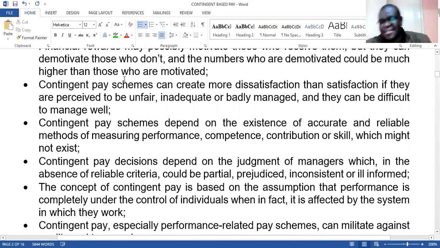So we recognize that there are other objectives that employees may have beyond financial. But when it is a contingent-based pay scheme, the overall thinking is almost like these people are in it just for money. So long as you will improve the package and how much they will be getting, then they will rush like dogs and pursue it. So if you don't roll out the scheme as you intend, then it will create more dissatisfaction